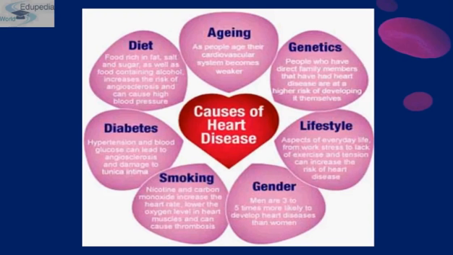Another major cause of heart disease is diabetes. Hypertension and blood glucose can lead to angiosclerosis and thus damage the tunica intima. Another major cause is diet. Food rich in fat, cholesterol, salt, sugar, as well as food that contains alcohol, increases the risk of angiosclerosis